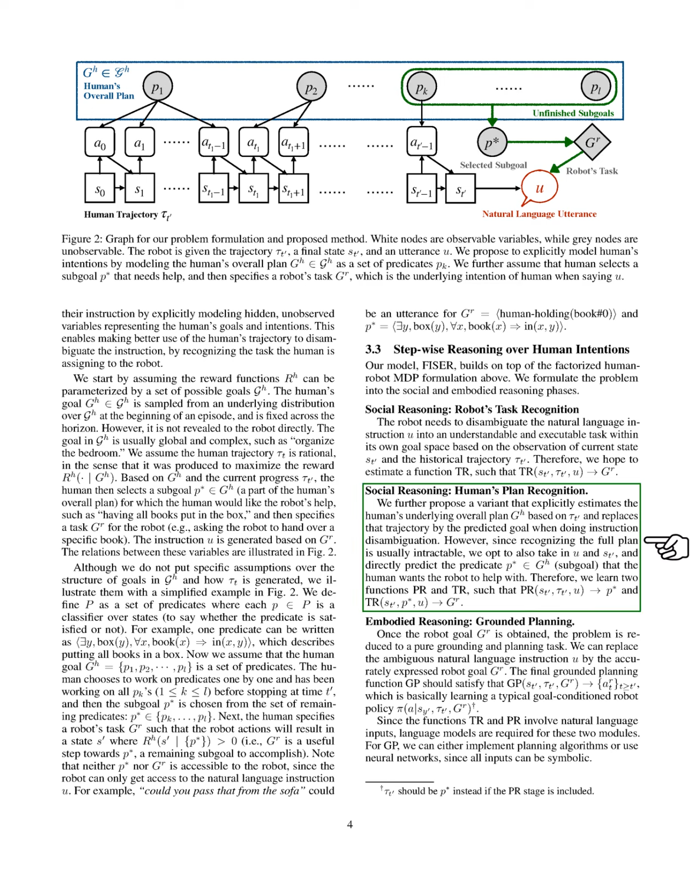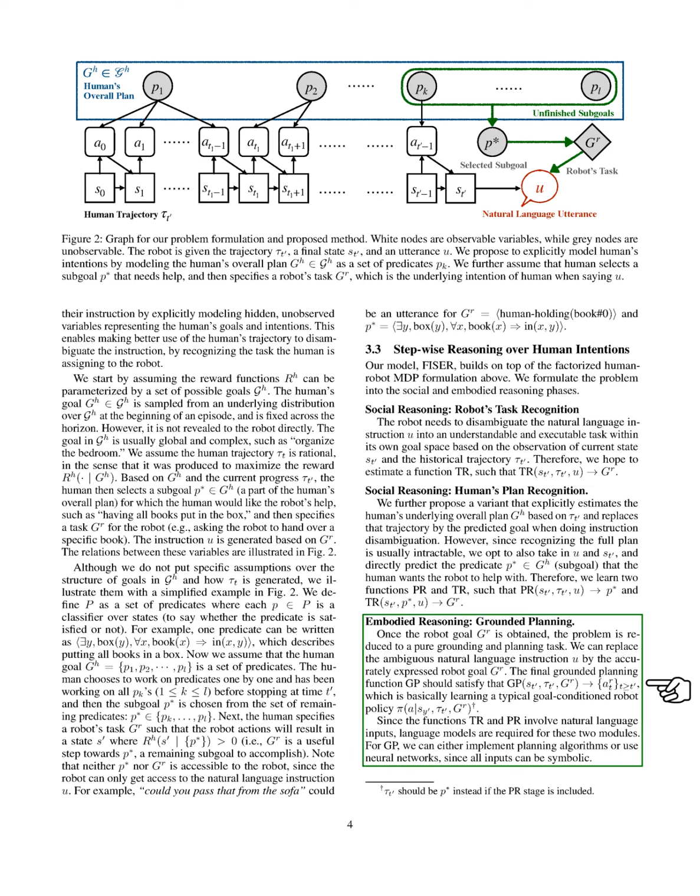Section: Embodied Reasoning, Grounded Planning. In this section, we discuss embodied reasoning and grounded planning. Once we have the robot's goal, we simplify the task to focus on grounding and planning. We can substitute the unclear natural language instruction with the precise robot goal. Our grounded planning function, GP, should ensure that when we input the current state, the human's trajectory, and the robot goal, it leads to the robot's actions from that point onward. This involves learning a goal-conditioned policy for the robot.